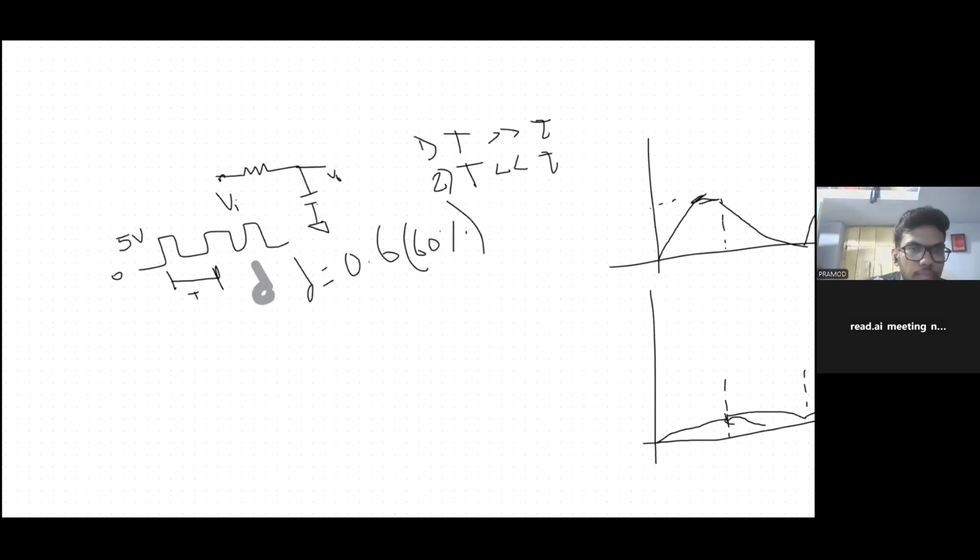Yes, correct. Okay, can you draw the graph now? Steady state having the DC value of 3